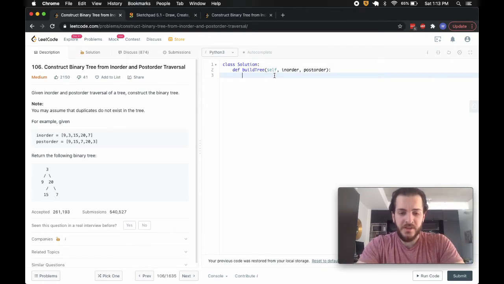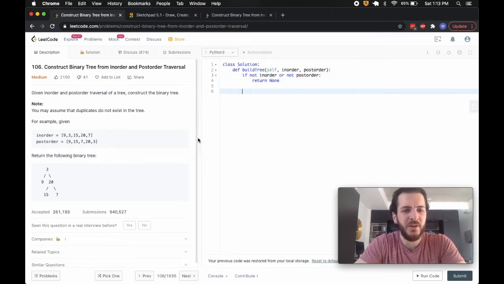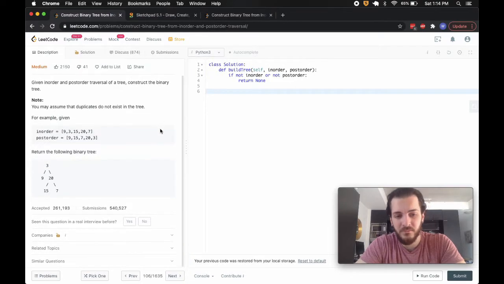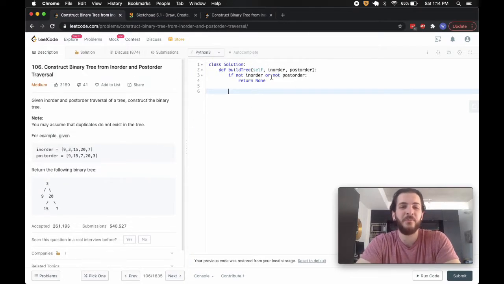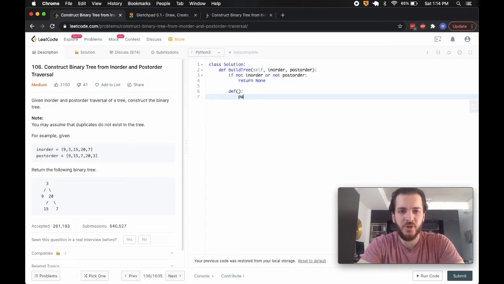What we're going to do is begin with our standard error checking, and we'll just say if not in order or not post order, meaning we're given some sort of null or blank values, we're just going to return none. Again, we're not given any constraints here, so I don't know if there's anything else. Nothing else we really need to check for. I'm not even sure we need to check for this, but I'm putting it in there just in case. We're then going to define some sort of builder function, and